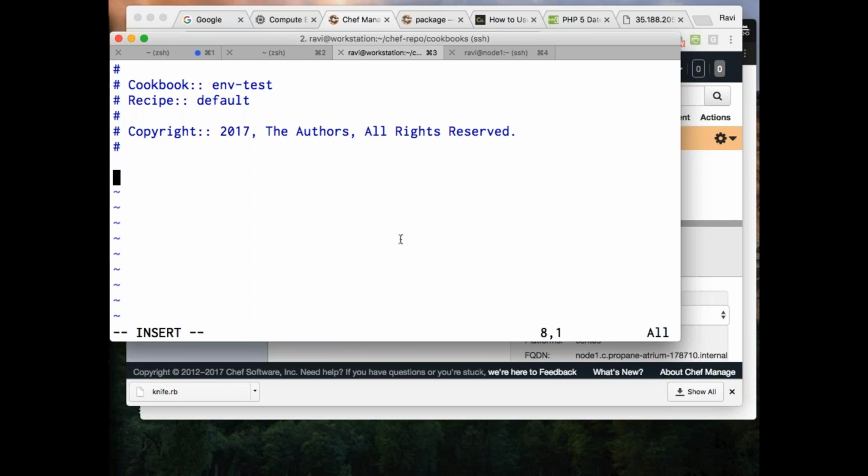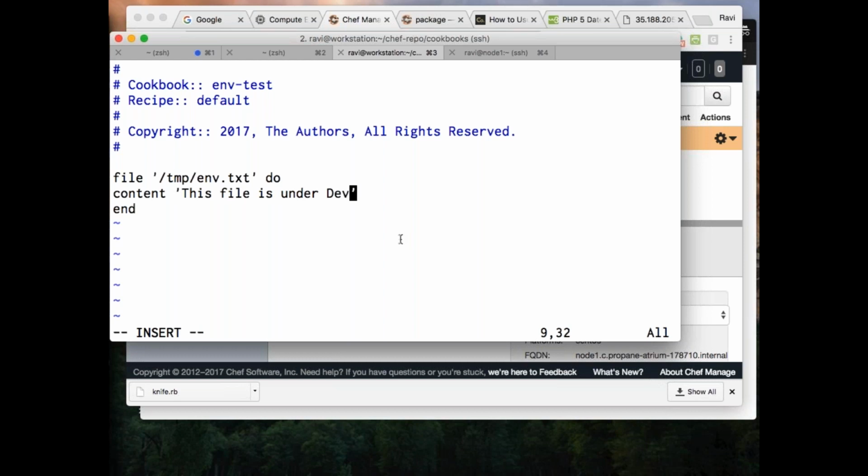How can I do that? I can use the file resource, or I can simply say cookbook_file. For this, I'll just go with the file itself. Let's say I want to create something under /tmp, and I'll simply say env.txt. Making sense? And I'll say do and end. I want to go with content. Here, the content should be something like this file is under dev.